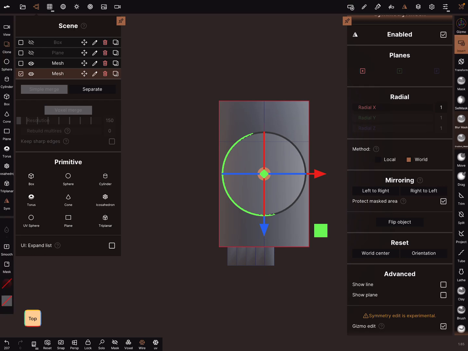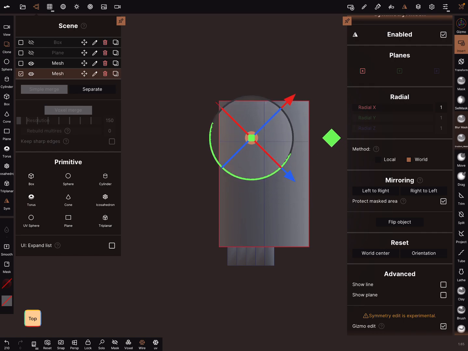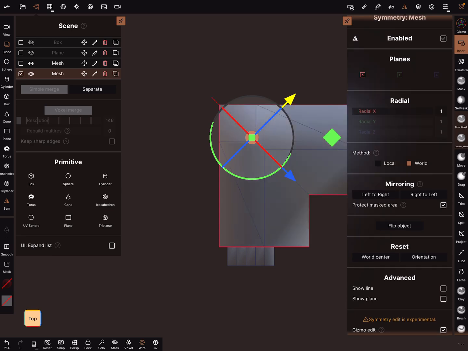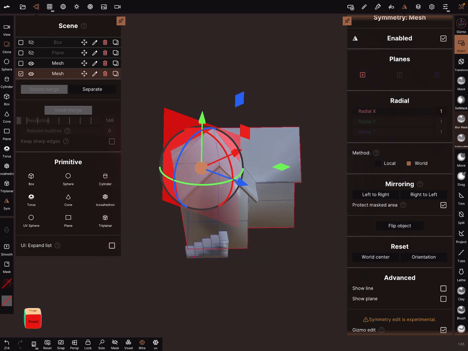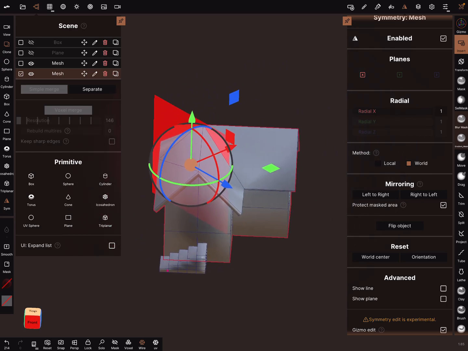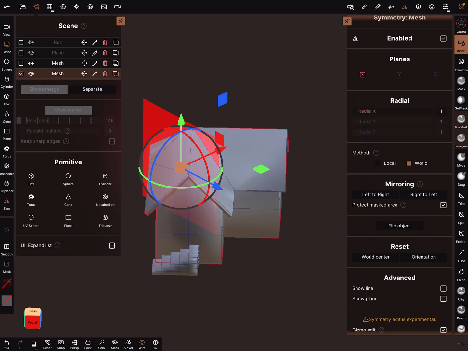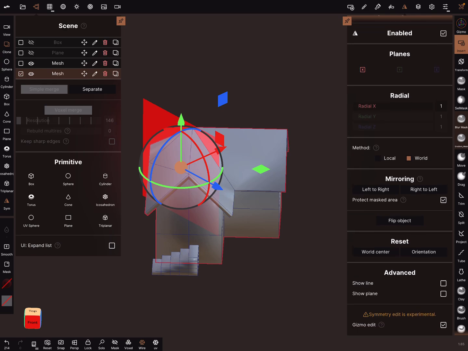Go to another tool and rotate your symmetry. Like this. And now it's possible to mirror from the left to the right. And now you got an object like this. Don't forget to turn off the gizmo edit.